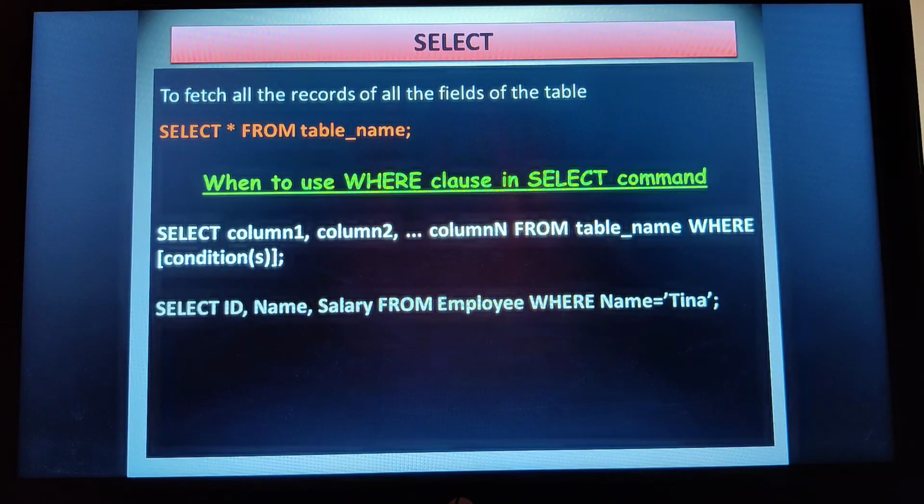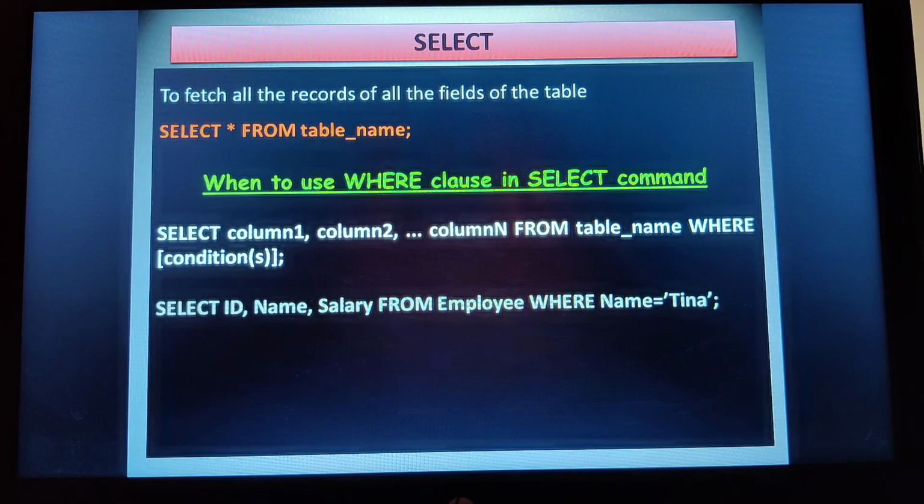Suppose I want to see the employees whose ID is greater than 1000. Maybe there are employees whose IDs are 500 and 400, and the next are 1000, 1200, 1300. If I want to fetch only those records where ID is greater than 1000, then I use the select command and mention the where clause as where ID is greater than 1000. When I mention that, it will filter out 400 and 500, and only from 1000 onward it will select and retrieve in the form of a table.